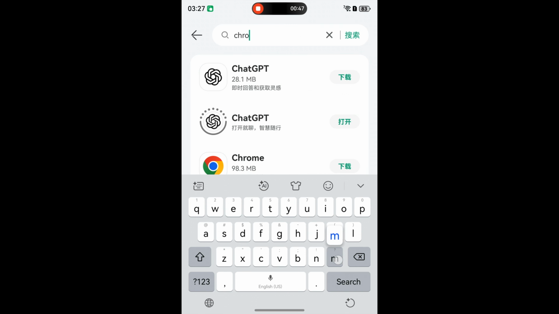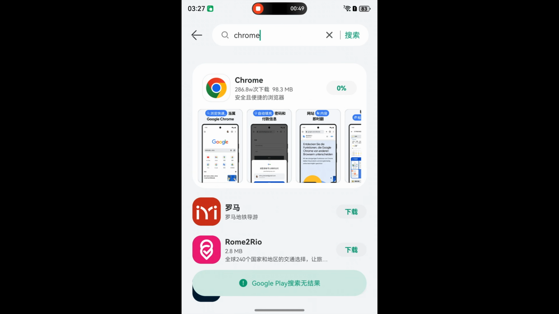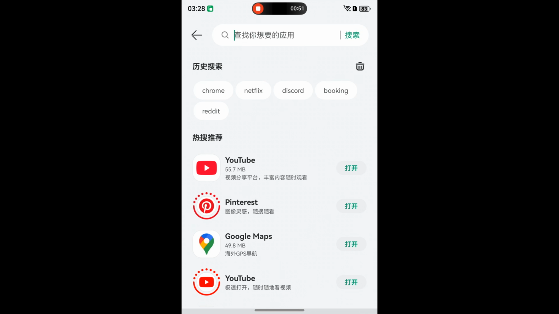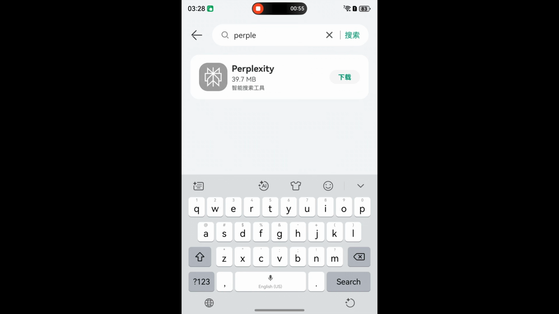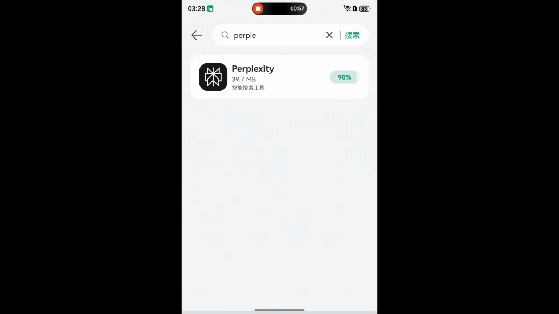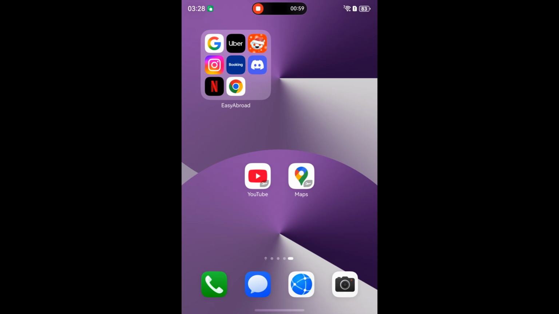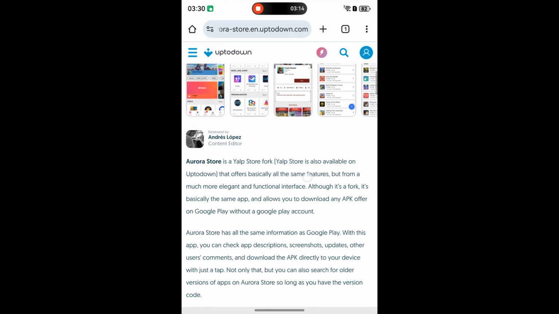Now, a lot of you will still find certain apps are just not available in Easy Abroad. For example, Google Calendars, not available. There's a couple of other ones as well. I've noticed a couple of games are missing and stuff like that is missing. So the next thing is